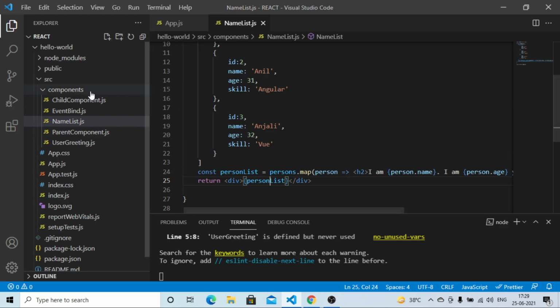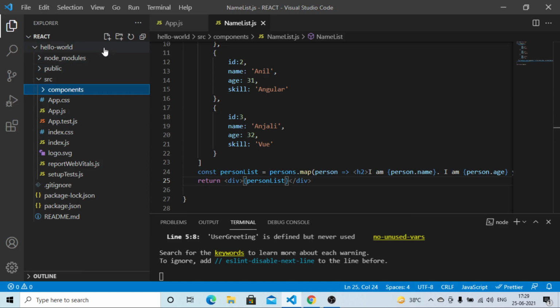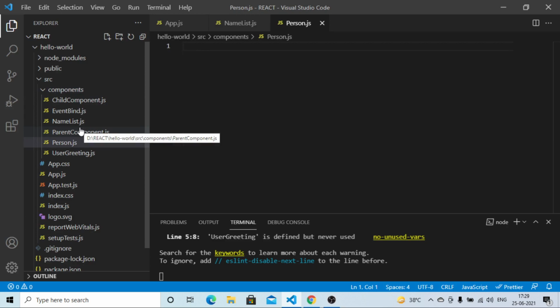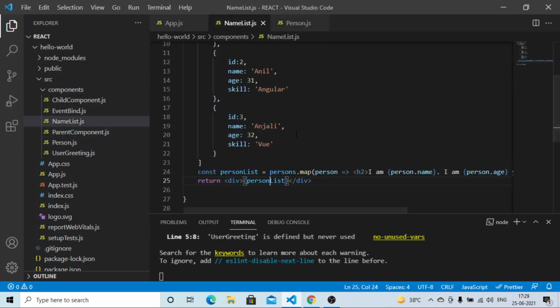Now we have to create a new file within the components folder called person.js. Just a minute.